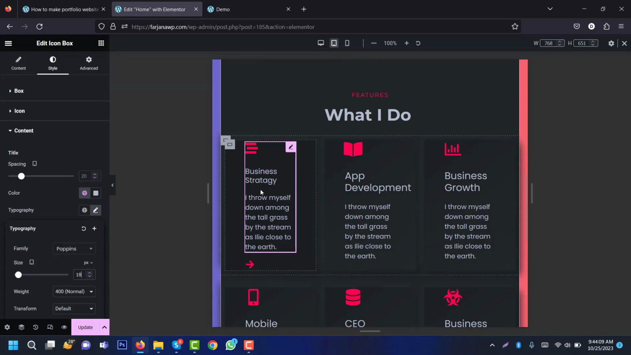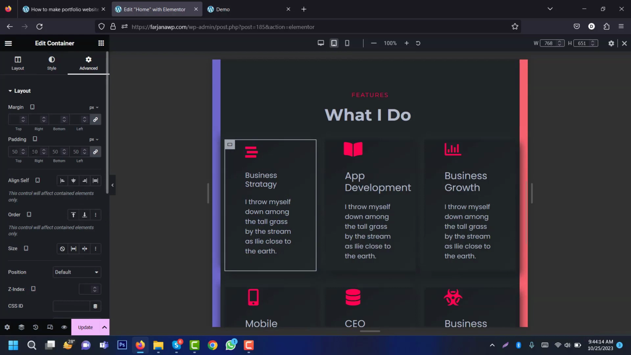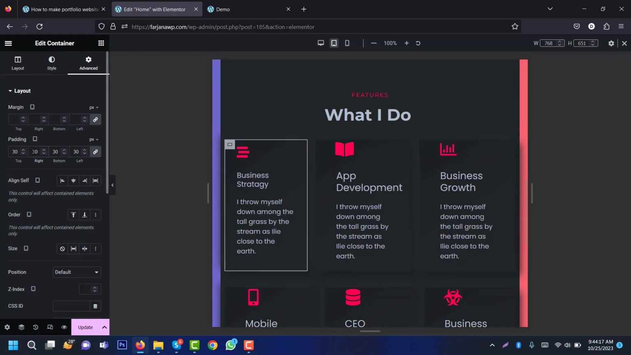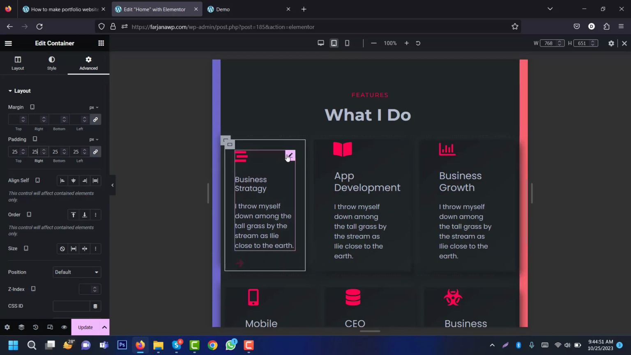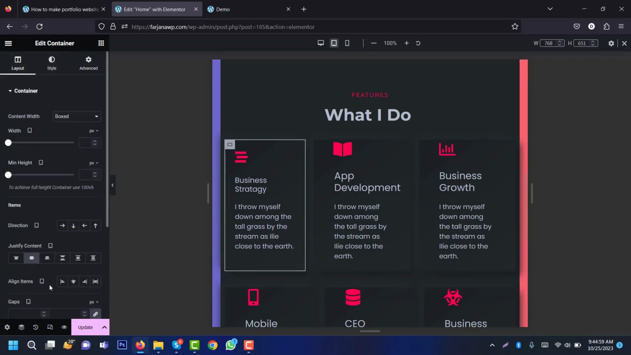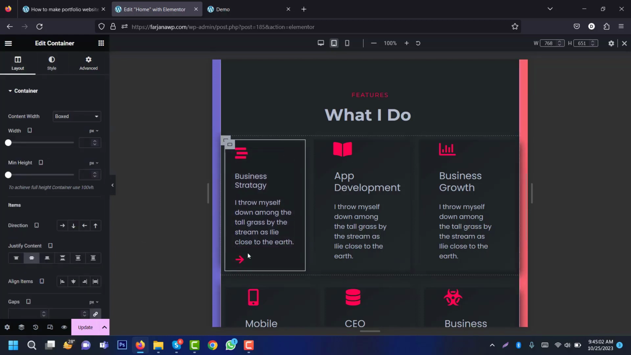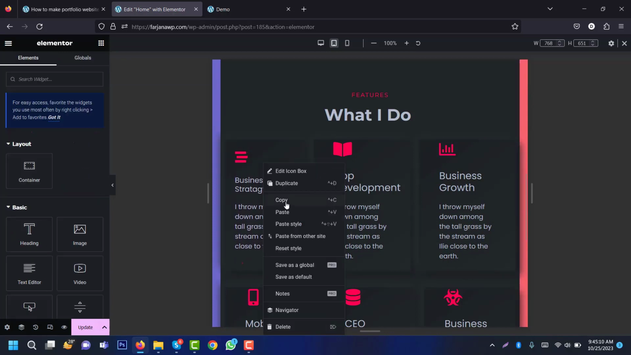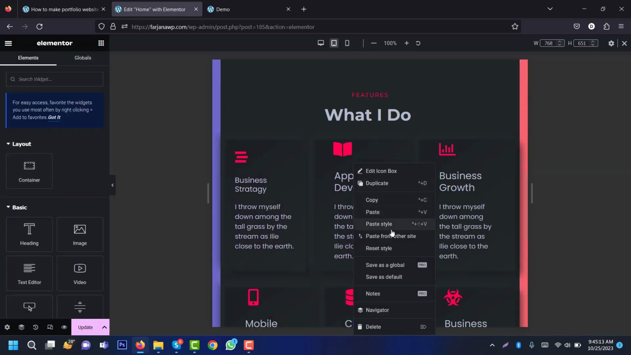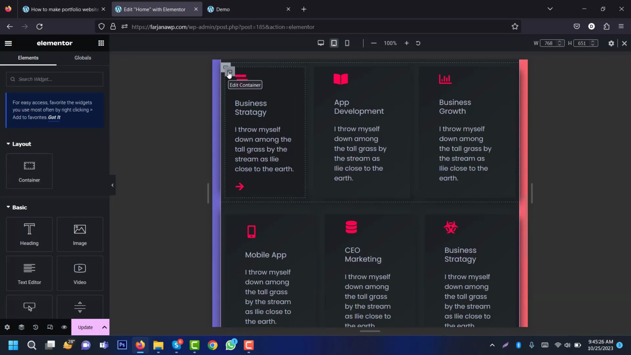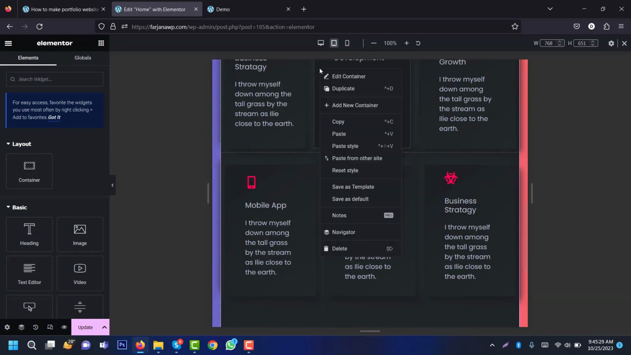And here we can also decrease the padding of container. So going to edit container, and padding we can make it 30 or 20, 25. And here we can make it vertically center. So going to edit container, and from layout making it to, yeah, it's already vertically center. Now going to copy the style to others. So for the icon box, going to copy and paste style, and similarly the container, going to copy and paste